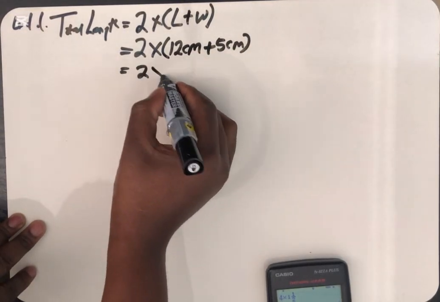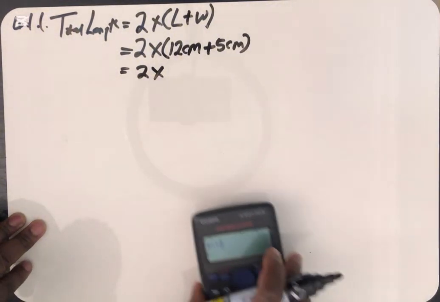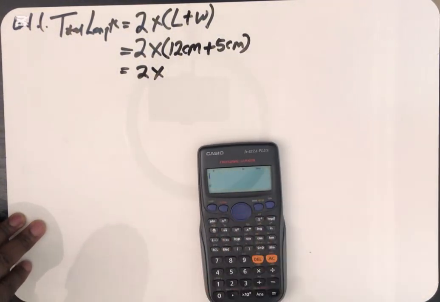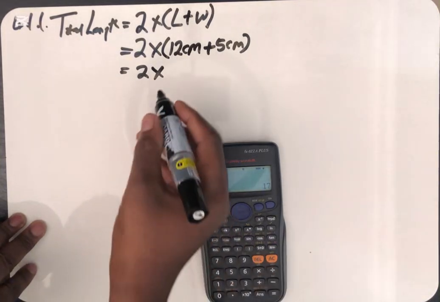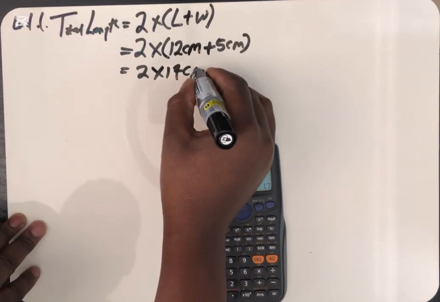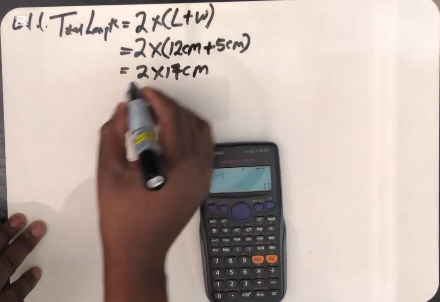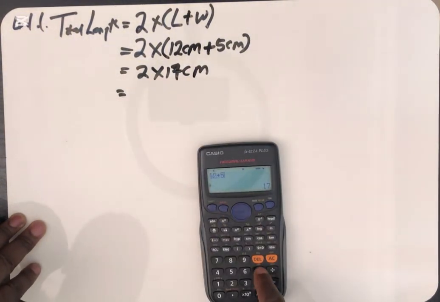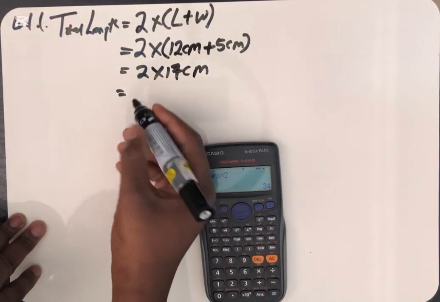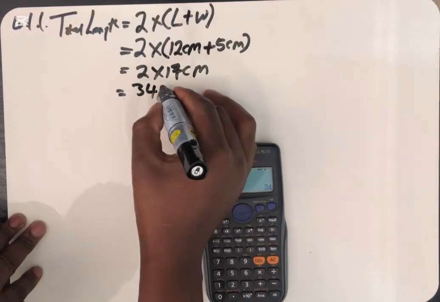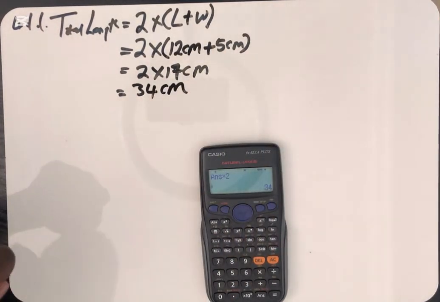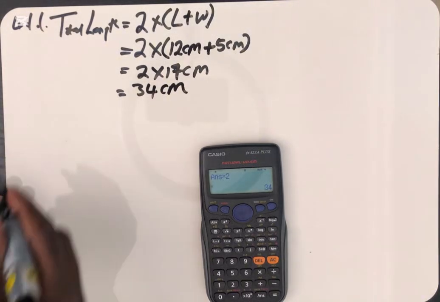Then 2 multiplied by, then you add everything inside the bracket, which is 12 plus 5, 17 centimeters. 17 multiplied by 2 is 34 centimeters. The total length here is 34 centimeters. Moving to the next question,